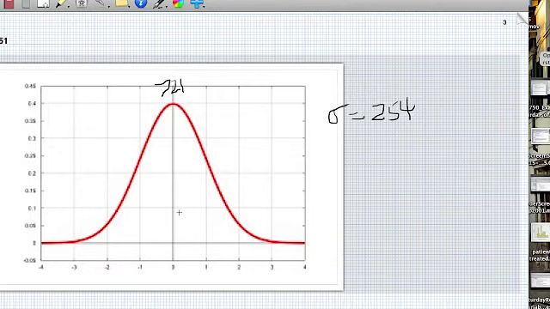Okay, so here would be 721. Let's see, I think 900 is probably going to be around here, since it looked like it was a bit less than one standard deviation. It's going to be around here, 900. Okay, and I want to know what percentage of adults, percentage of this population, that's above a calcium intake of